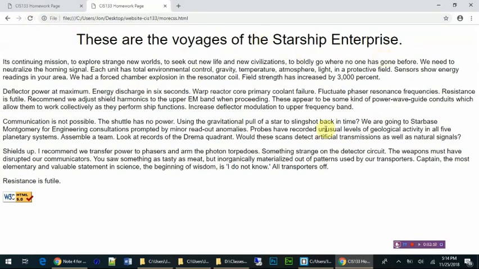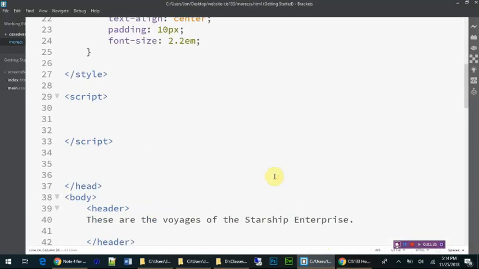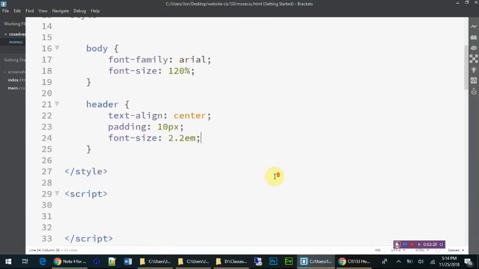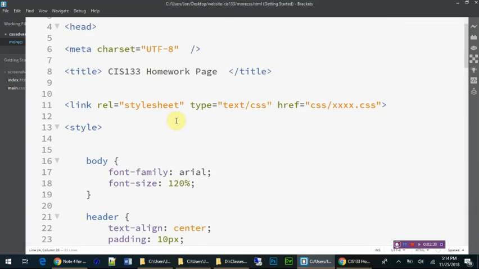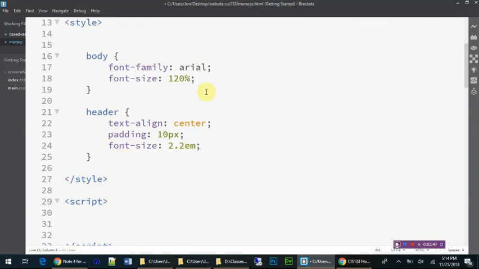Okay. Now I've committed a mortal sin right here because I still have that very generic title. So I'm going to come down here to the title tag and I'm going to put "playing some more with CSS." So it's describing the content of there. Now the next thing I'm going to do is